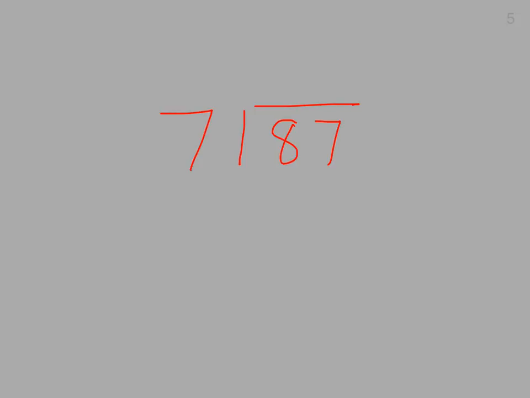How many times does 7 go into the 8 there? Well, 7 times 1 is 7. 8 minus 7 is 1. Now the 1 is smaller than the 7, so I can't go 7 into 1. So I'm going to bring down his little friend,